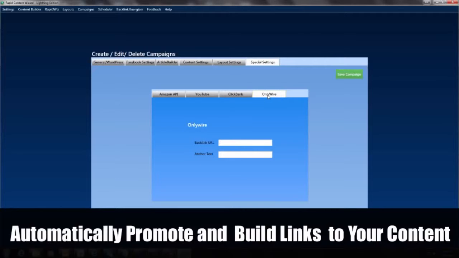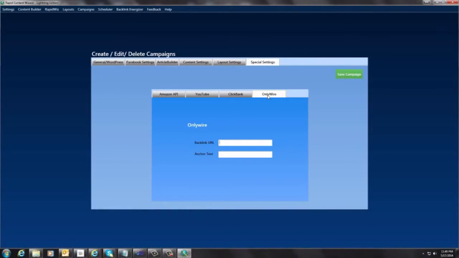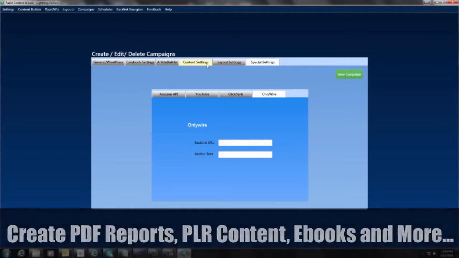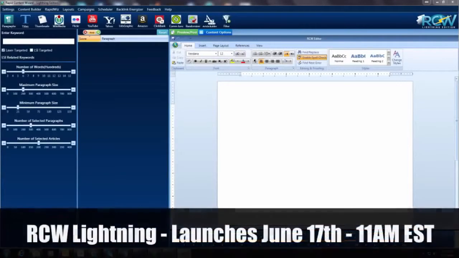So I hope you see just how quick and powerful this is. I mean, being able to go and get content from your lists of different items and just throw it onto a word editor, and it just gives you that control. It's so powerful to do that, and to put this all on autopilot. This is just an amazing piece of software, and I hope you're as excited about it as I am. Creating content for your blogs and for WordPress and for Facebook and everything else is extremely easy with this tool.